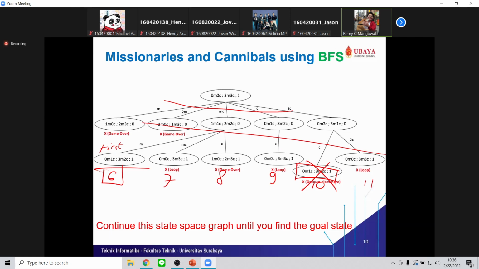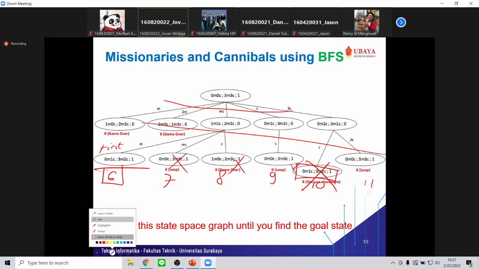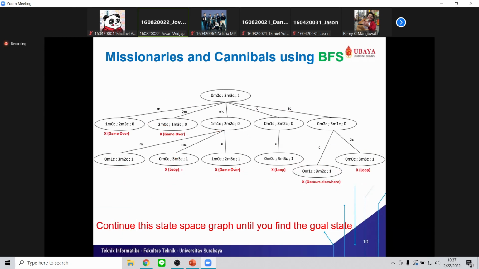Other questions? We don't have to write it completely, right? So if we know it's wrong, then we can just write the step and then straight cross it out? Yeah, if you know it's looping, you can just cross it out, and then cross it out, and so on. No, I mean, we don't have to write 0M, 0C or something every single time, right? Because that's the most time consuming one. Sadly, yes.